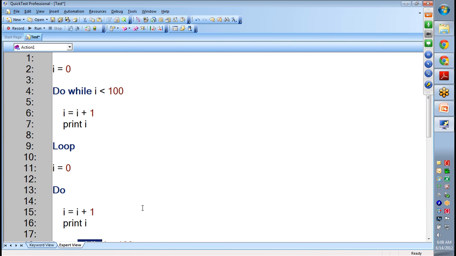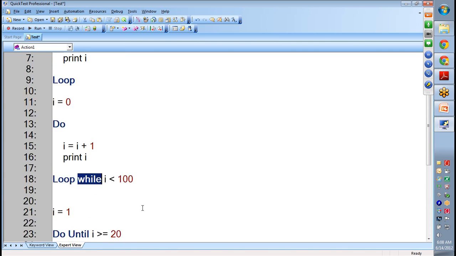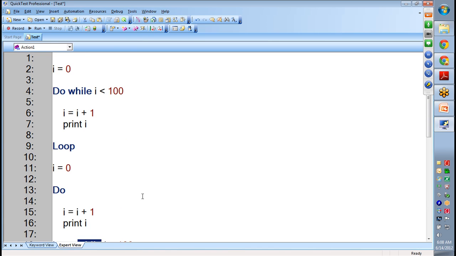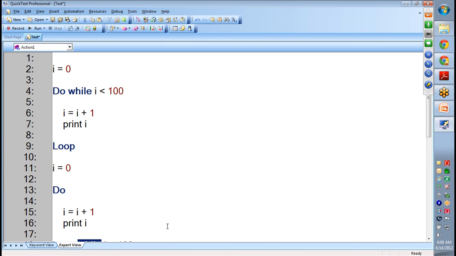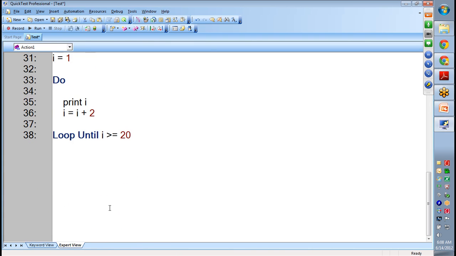So this is nothing but your while statements, do while and while. And one another way of using the while statement is like while